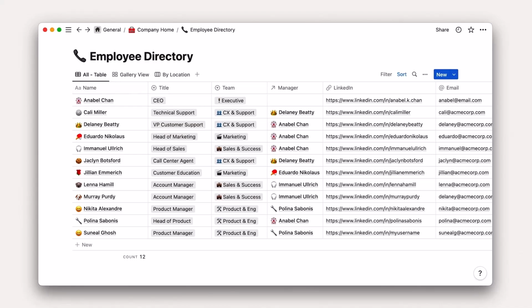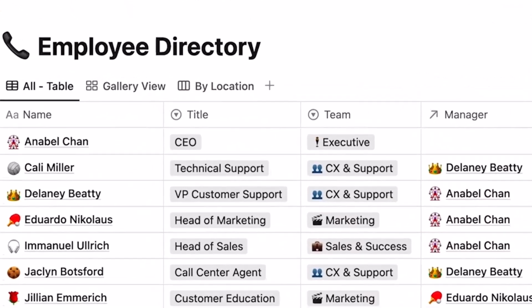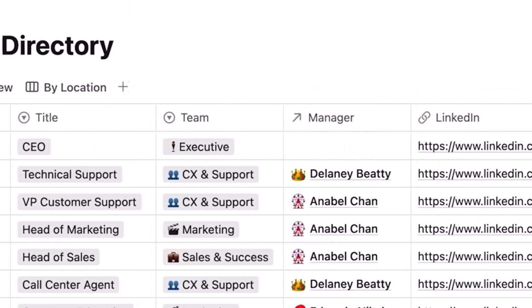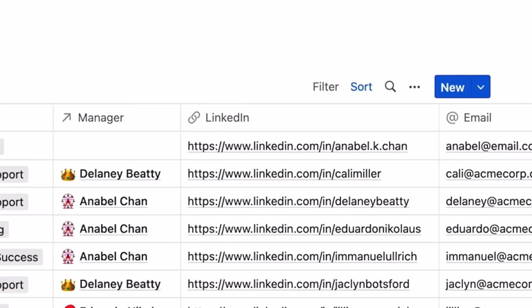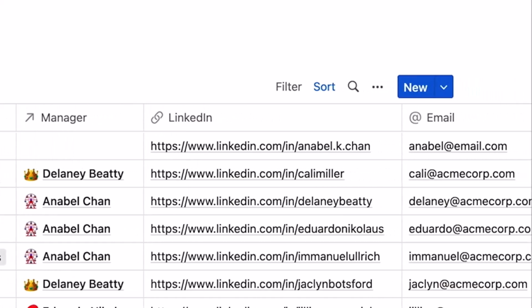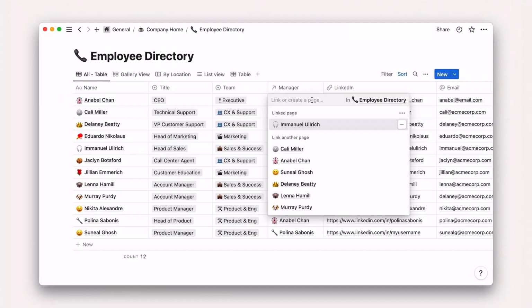After each name, we see columns with descriptions of the person. These columns are also called properties. You'll hear me use the terms interchangeably. Here you can see a number of different properties that describe the person, like their title, team, manager, LinkedIn profile, email, and more. You might also notice that these columns look richer than your traditional spreadsheet, with formatting, color, and